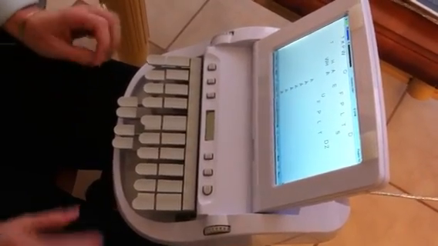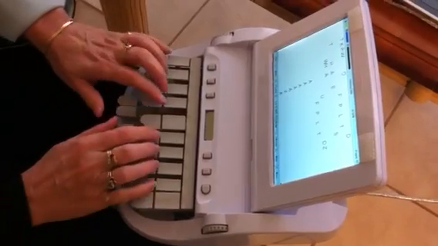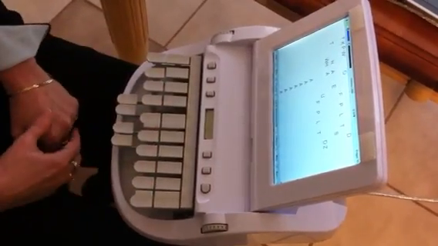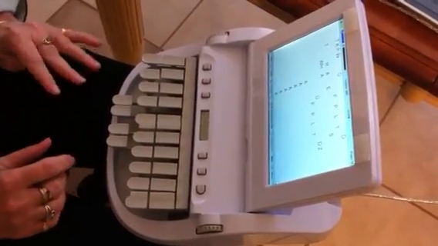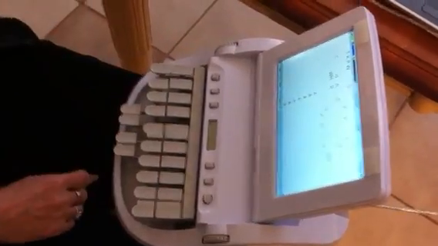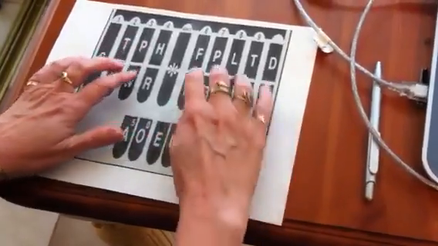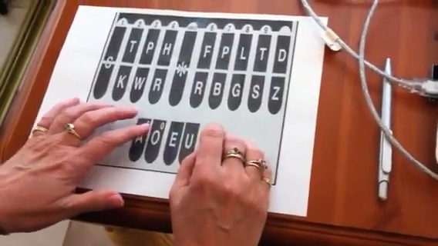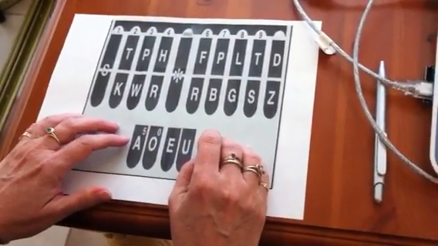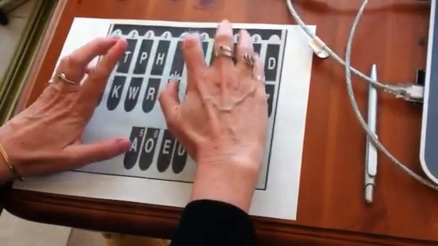People ask me a lot, how does that funny little machine work? Well, you can press one key at a time or many keys at a time. And we write phonetically. So this is the beginning of this word. These are the vowels, and this is the end of the word. So like if you wanted to write sat, you would write S-A with the T all at the same time,